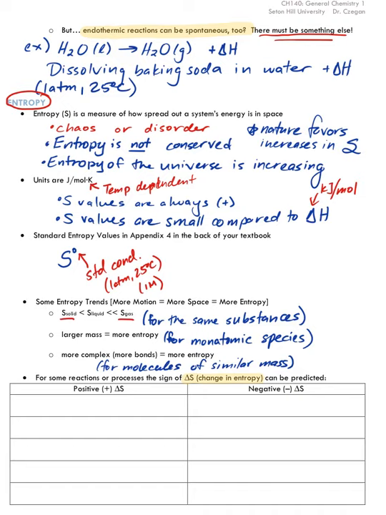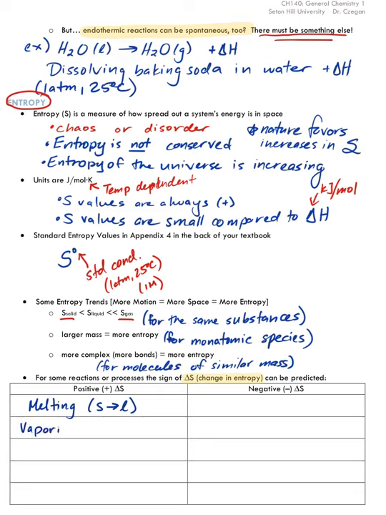And we can't predict the numerical value, but we can predict the sign, whether they'll be positive or negative. So we can do this for phase changes. Anything that goes from a lower energy phase to a higher energy phase gains entropy. So melting,